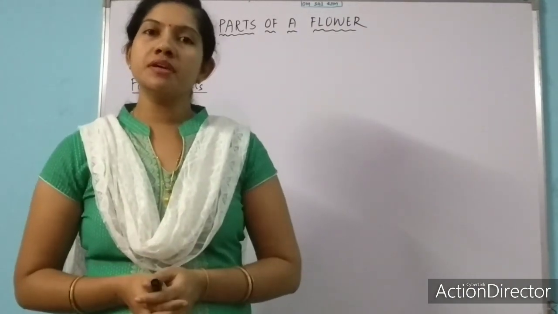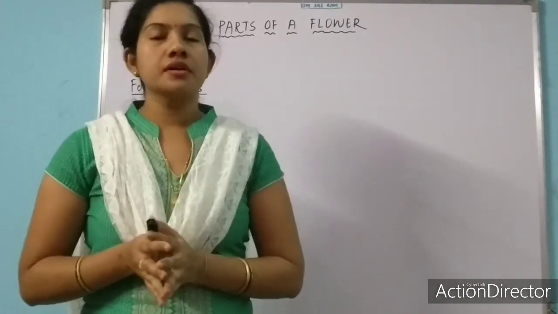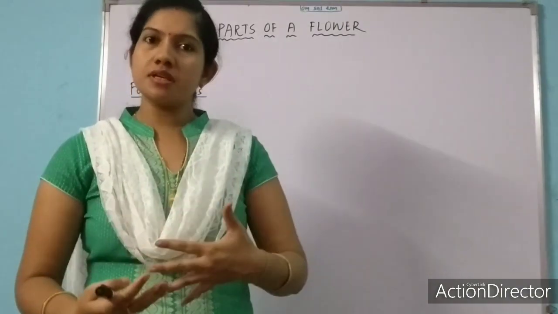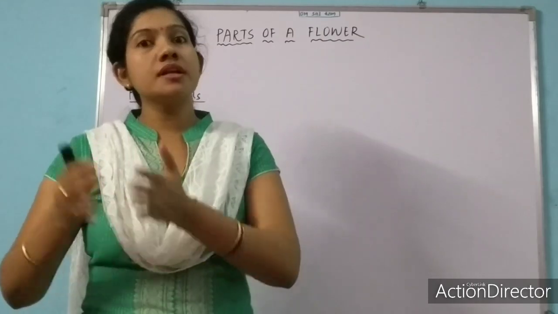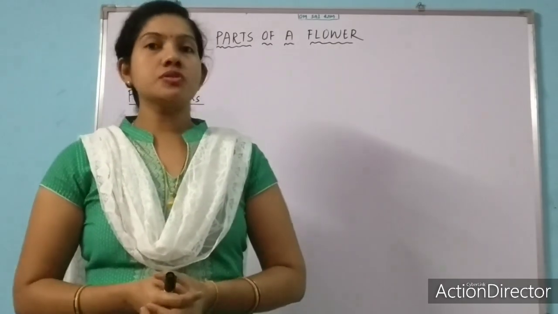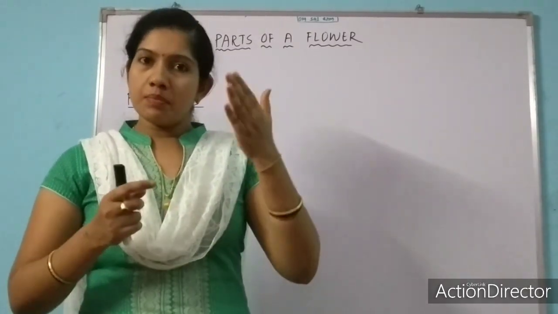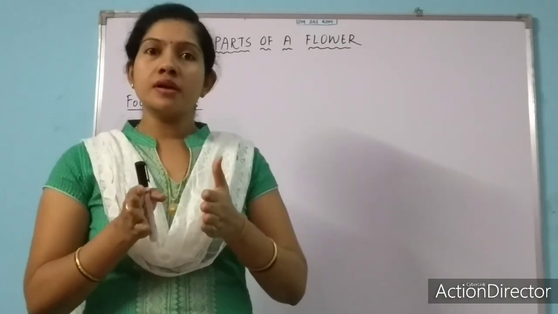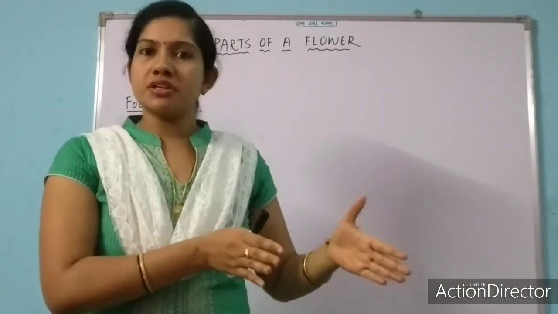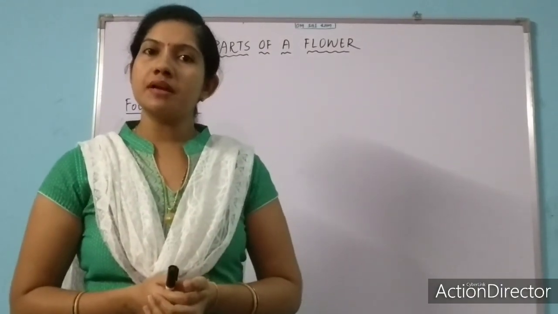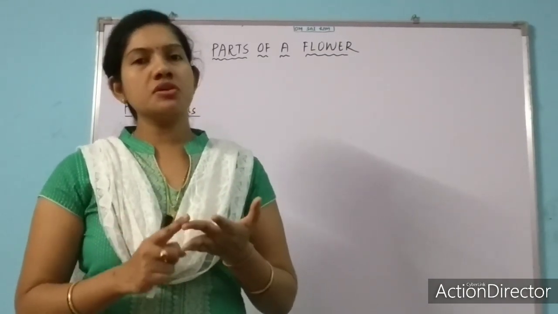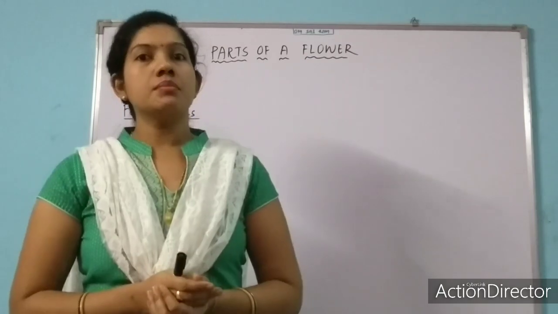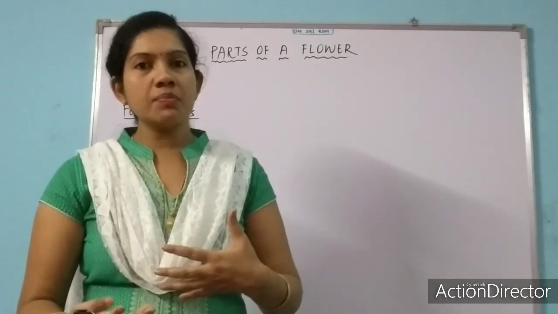Let's start a new topic that is about flowers. Okay, so already we have discussed the vegetative part of a plant and the reproductive part of a plant. I said the parts which do not undergo reproduction, we call the vegetative part of a plant, like shoot, leaf, roots. These all are the vegetative parts of a plant. But which is the reproductive part of a plant?